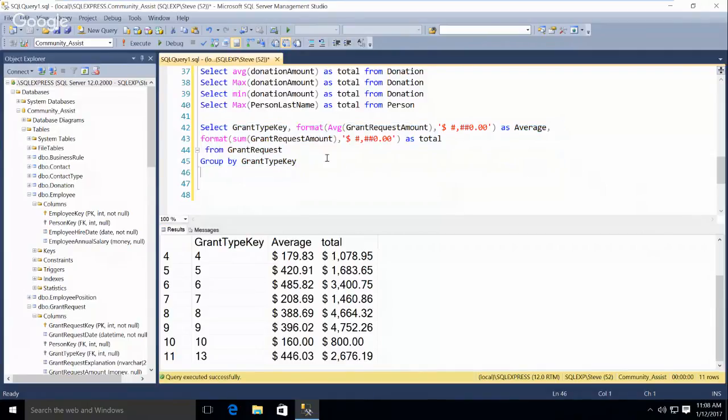Okay, so does that make sense for average and group by? And then I'm going to do one other thing. What if I wanted to see the ones that had an average greater than 400? Anybody know how you would set that up? Yes, that's correct. You could do a where clause here, but you could say, I'll just do it real quick, where, although the where has to come before the group by.